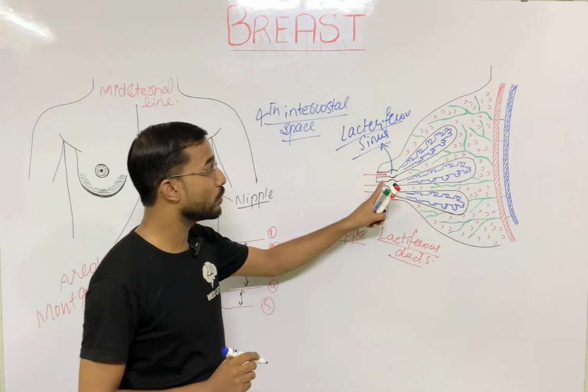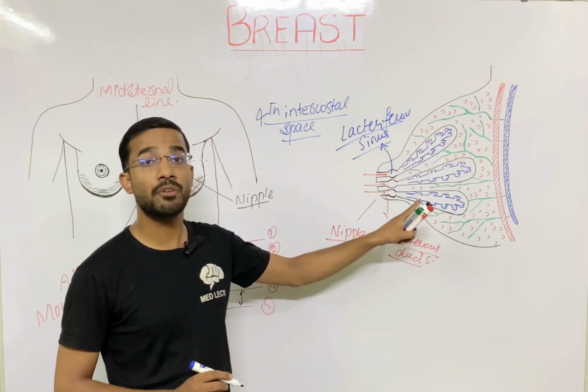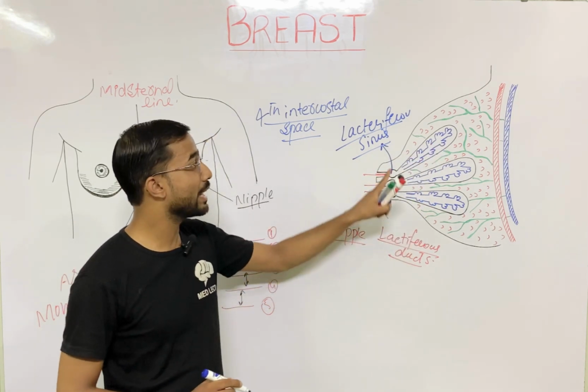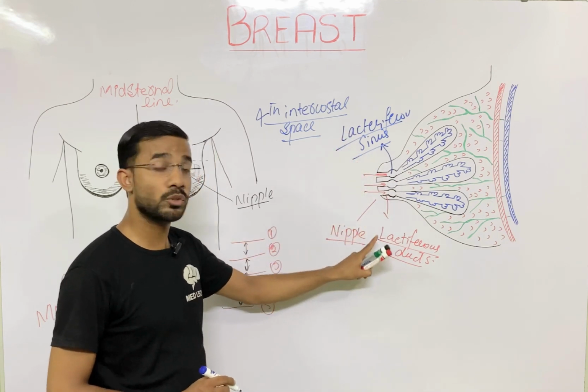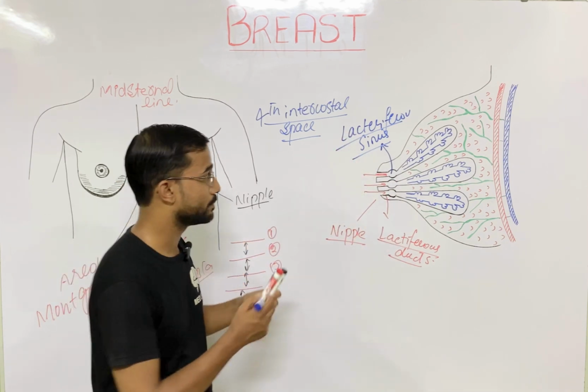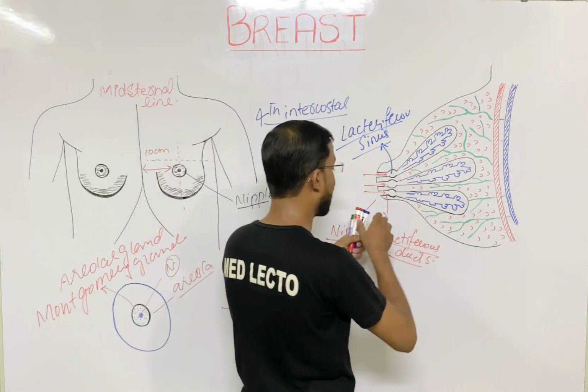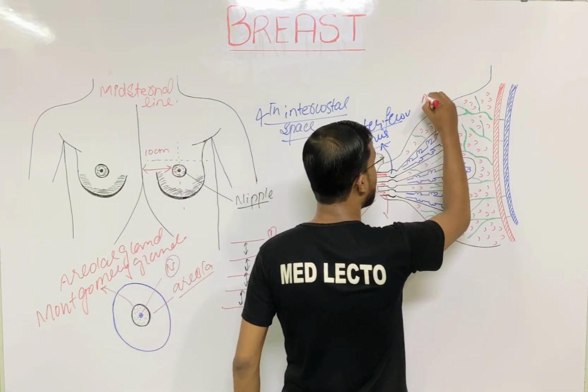After that you will see the different lobes. There are 15 to 20 lobes, 15 to 20 lactiferous sinuses, and 15 to 20 lactiferous ducts. Inside the lobes you will see the